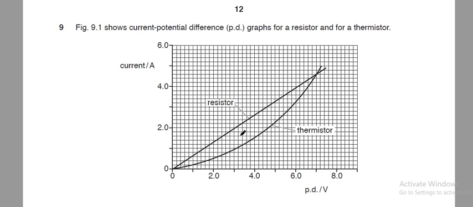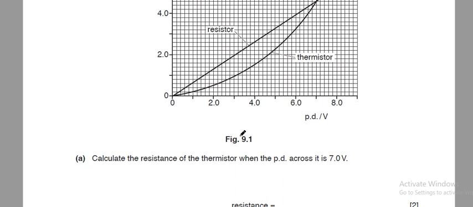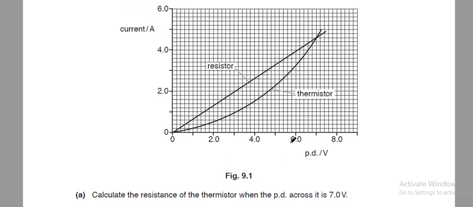Current and potential difference graph for resistor and thermometer. Calculate resistance of thermometer when potential difference is 7 volt. At 7 volt, we will get here, and the value of current will be